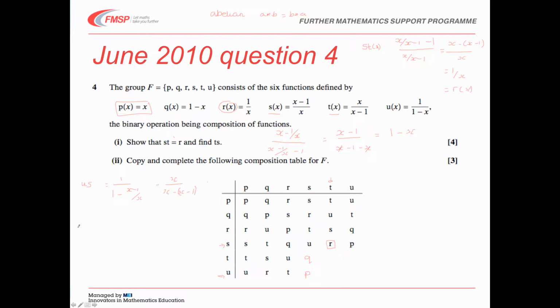T squared, I'll put T into T, X over X minus 1 over X over X minus 1 minus 1. Gets a little bit tedious this, but it's not very difficult. Okay, and if I work this one out, I'm going to get P as well. And again, what I'm going to do, just to save us a little bit of time, because I think combining them is fairly straightforward, I would recommend double checking them,